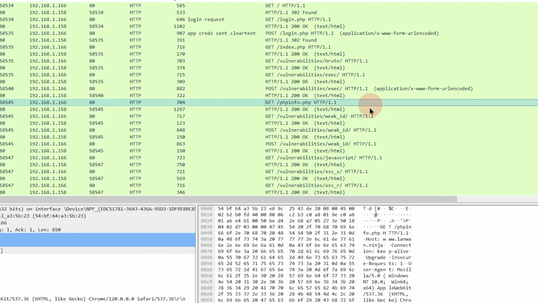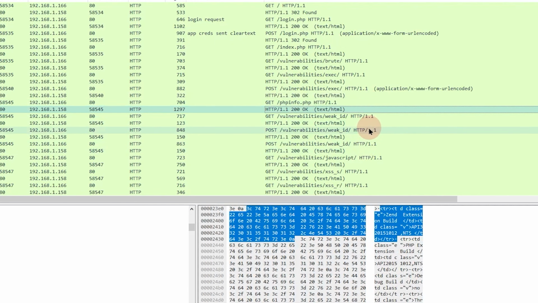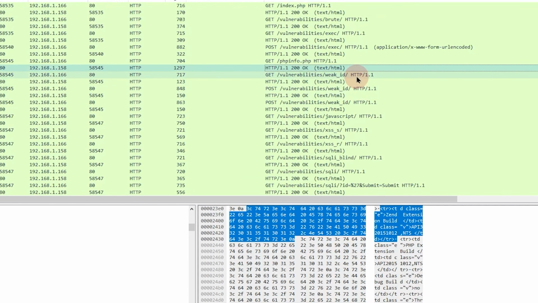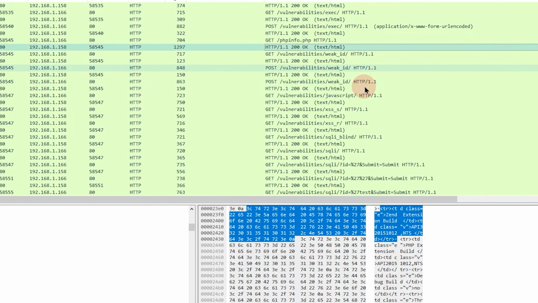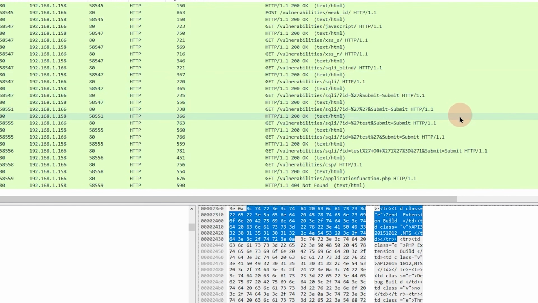We've got GET phpinfo, OK, vulnerabilities, OK. And I'm just going to scroll down a little bit here, because if we're seeing an HTTP 200 coming back, it's probably fine. Now, there still could be some kind of error in it, but that's not what we're looking for here. It's not sending bad data. It's just broken. So if we keep scrolling down here, get, 200 OK, get 200 OK, get